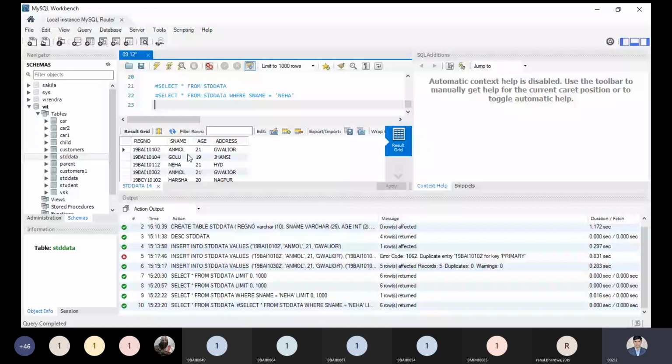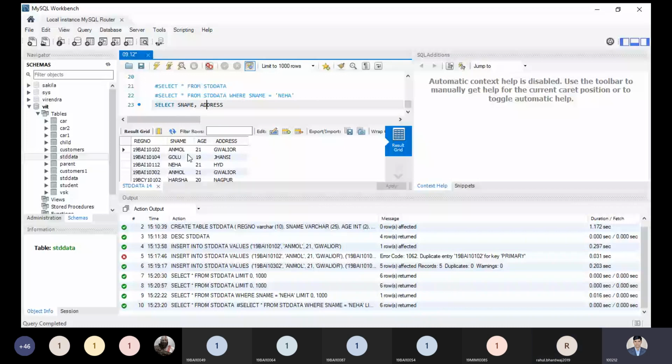I need to display the name of the student and whose address, or whose registration number belongs to some specific condition. So what would be my condition? My condition is that I need to display the name and city where the student belongs to a registration number, that could be random. So here I need to select name, comma, address. Sorry, student name is here as S name, address from